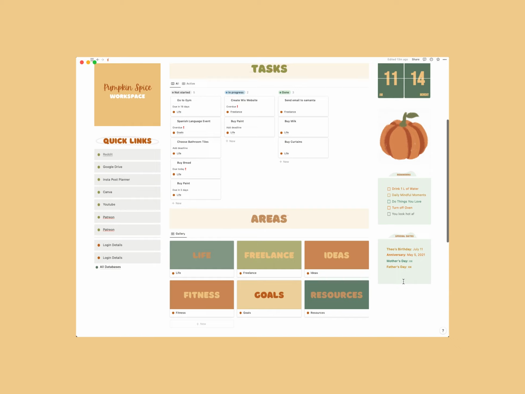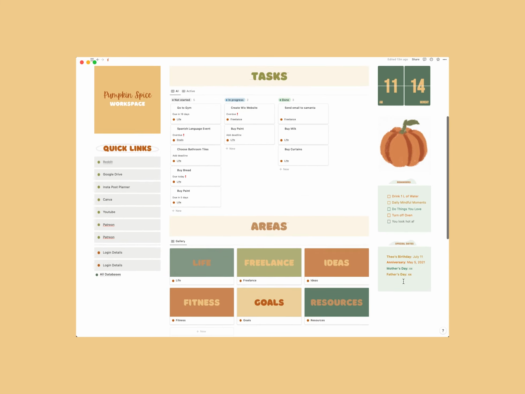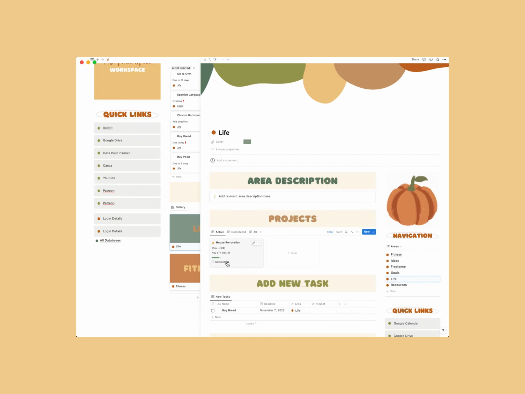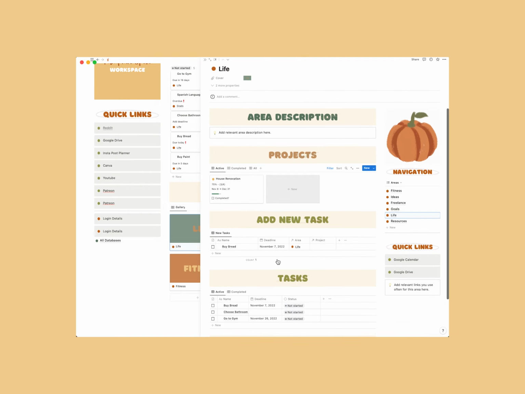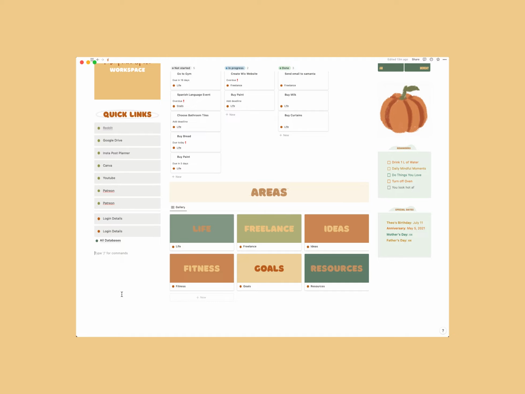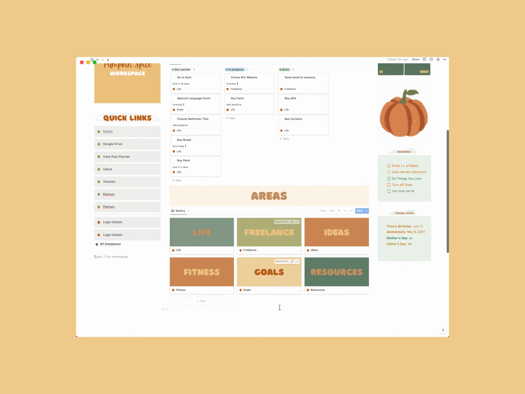So what I really like about this template is everything is connected, and you can easily put tasks in each of these areas and projects, and you can see how far you are and the deadlines. For me, it motivates me a lot to get things done. And what I really love about it is that it's part of work, and you can also put stuff about your personal life,